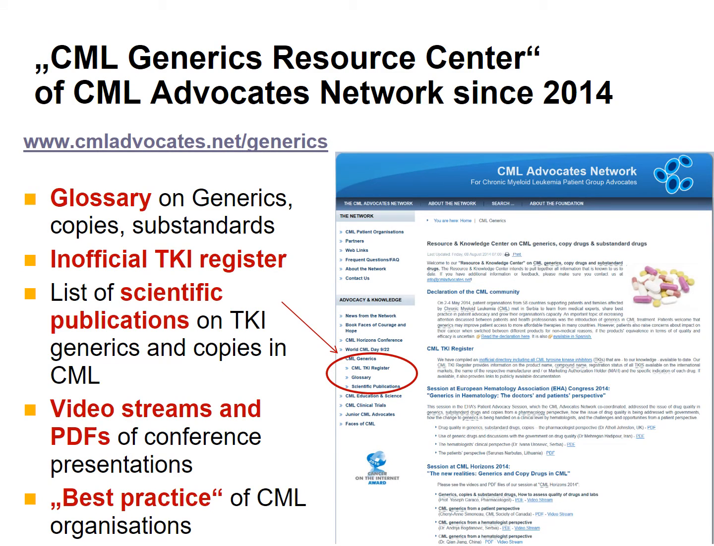We then started the CML Generics Resource Center because it was so difficult to find that information. It was spread all across. Many journals were not open access, so we couldn't see the articles. There was a confusion of terms between generics, substandard drugs, copy drugs, and so on. So that's why we started a central resource on the net on